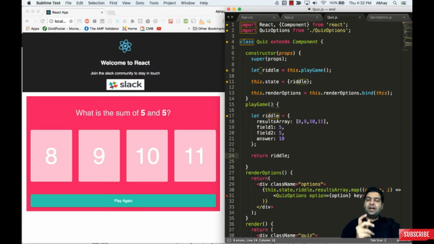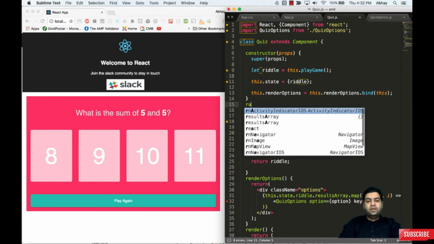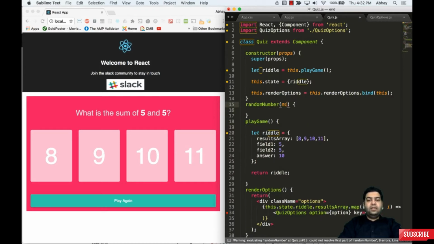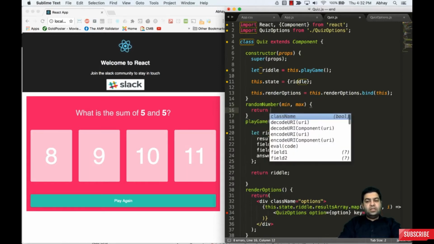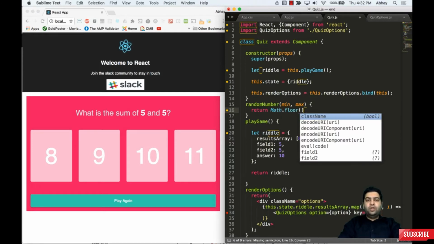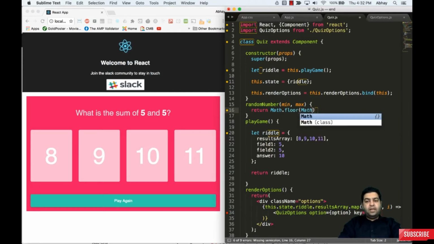Now before even getting started, let's make sure we have this generated dynamically, which means a random number is needed, and of course we can give the range to a random number. In plain JavaScript, you can create a random number method, which accepts min comma max because you need to pass in a range. And the way you can return is you return Math.floor, because you need to make sure it's the lower number, Math.random